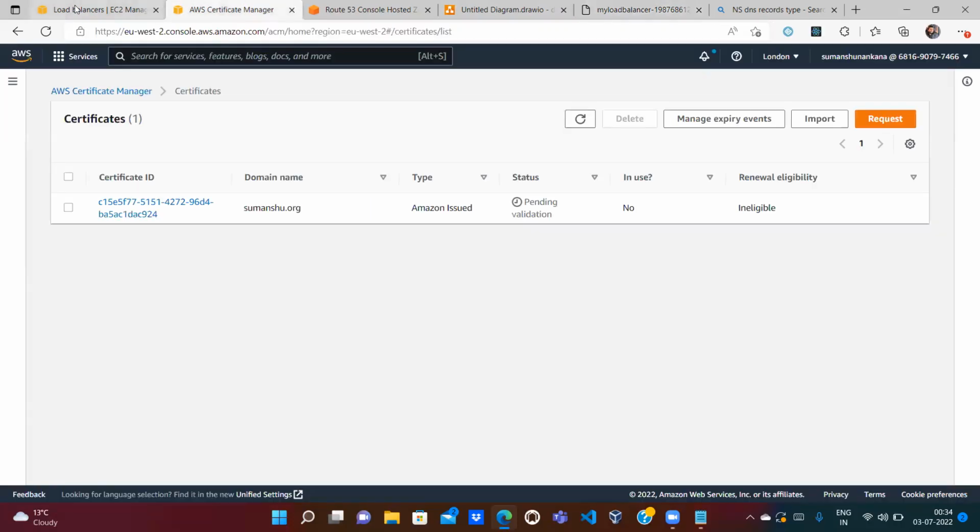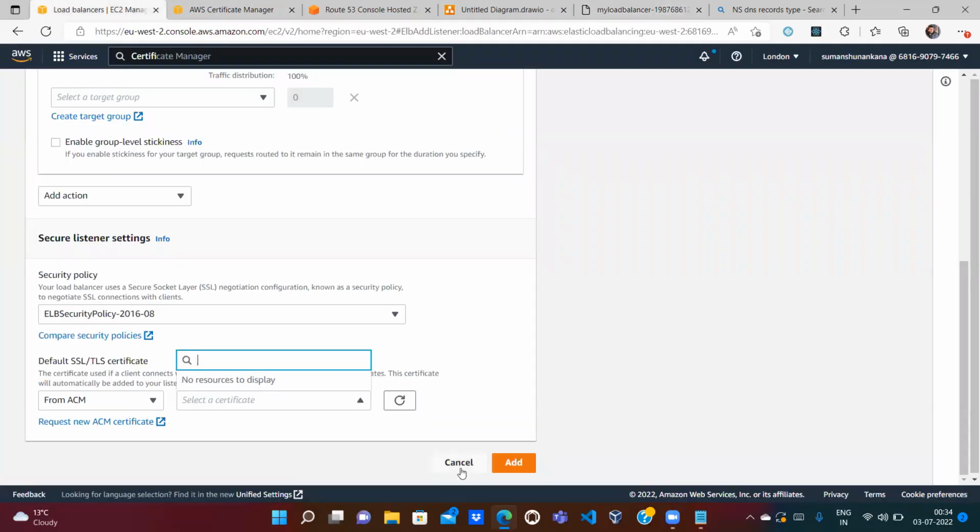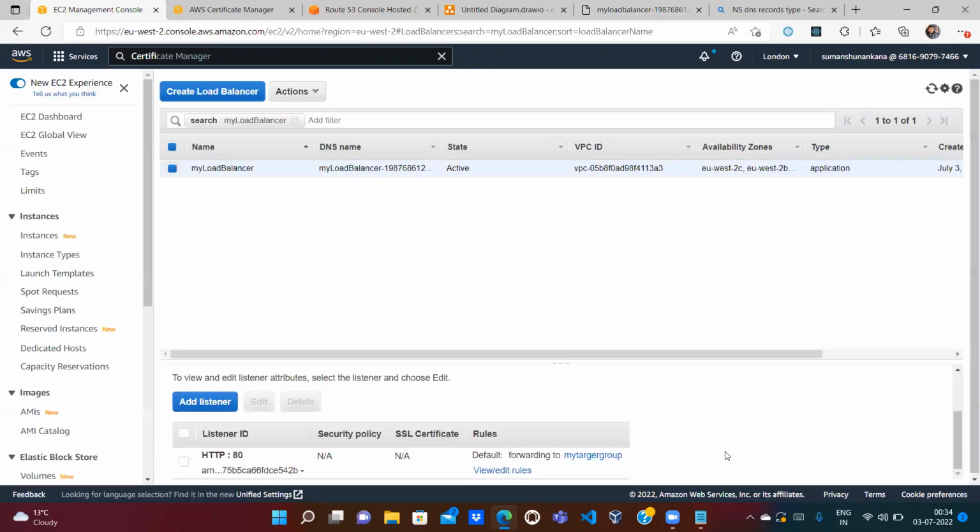But what will happen if someone enters my website using HTTP? I want that if someone enters my website using HTTP, it will automatically route to HTTPS. So if you go to the load balancer, let me cancel this. If I go to the HTTP listener and edit it, let's suppose I don't want HTTP 80 here, right? If I am hosting my website and making it secure, I don't want HTTP 80, but I want that if someone enters HTTP 80, it will automatically route to HTTPS. So let's suppose if I enter